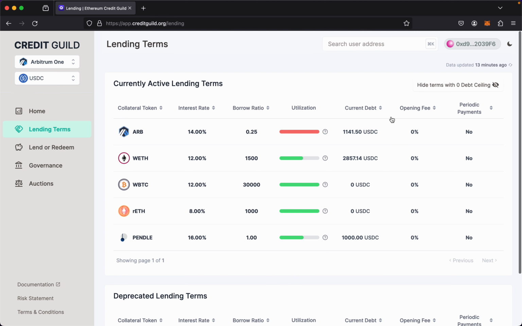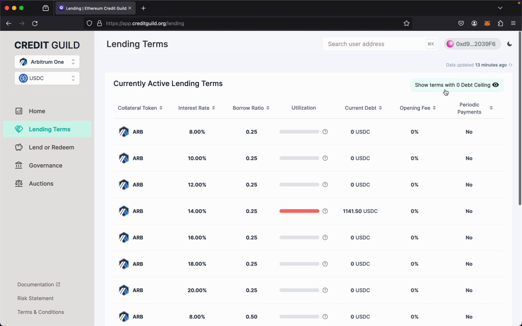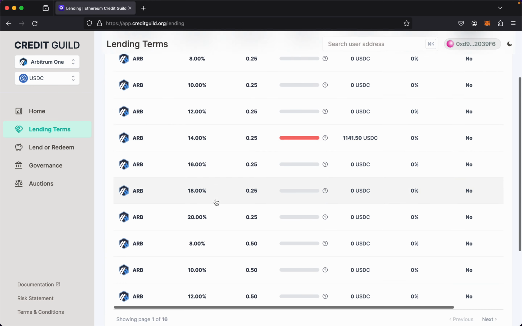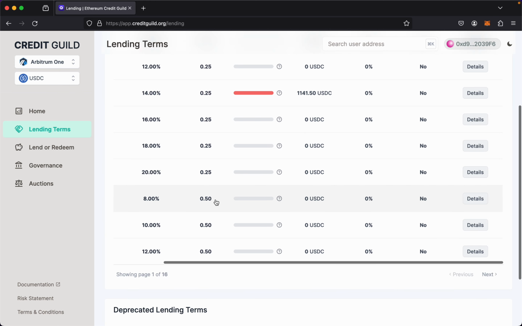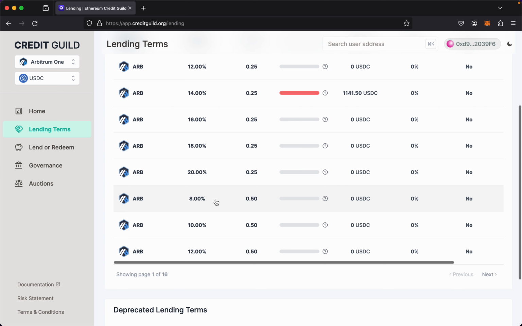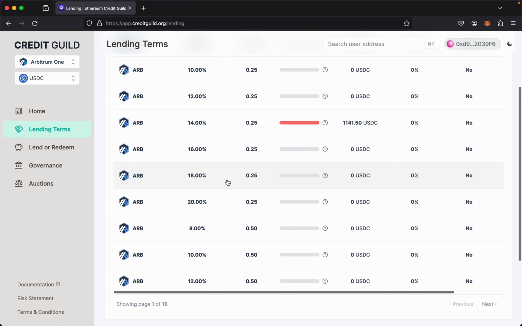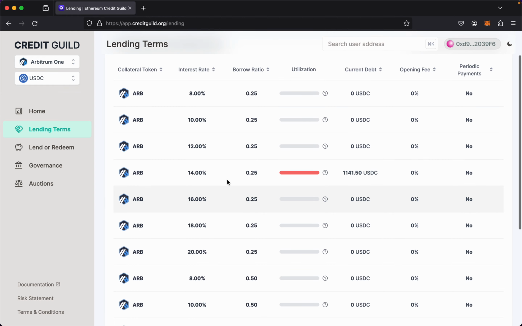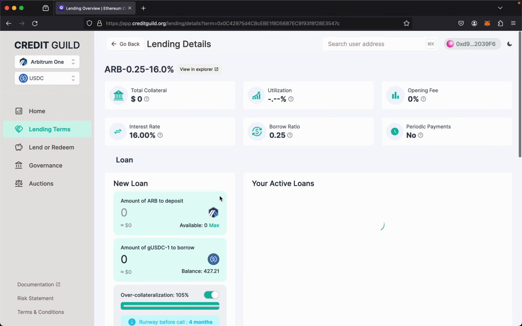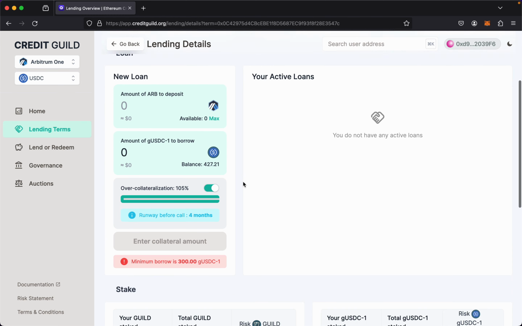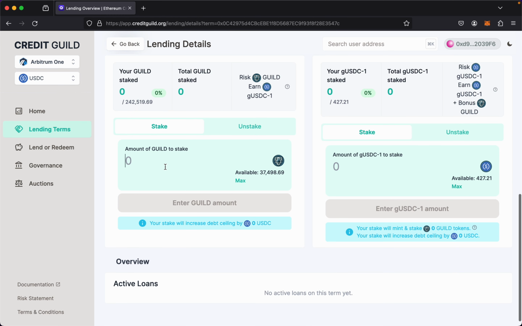And I guess the last thing to show you would be, if we hide the terms with zero debt ceiling, you can see all the 161 terms. These are all the different options that no one has voted for yet, but they are approved by governance already. So right now Arbitrum 14% is fully utilized, so maybe some people would pay 16% to borrow against ARB. I could go in there,